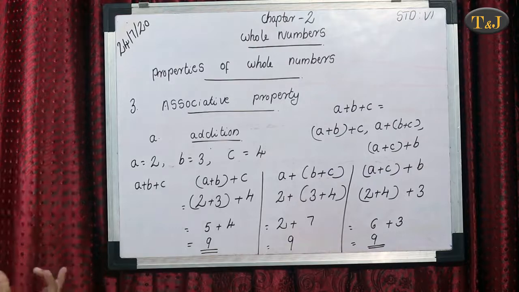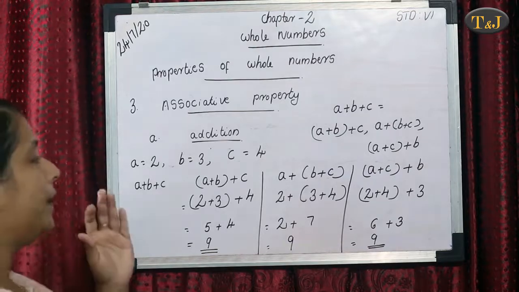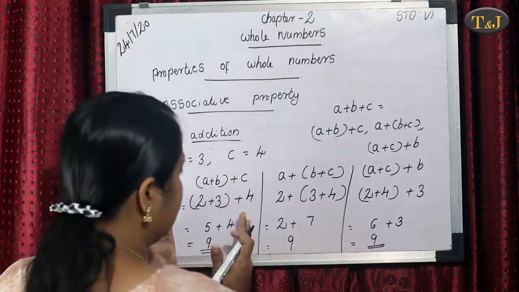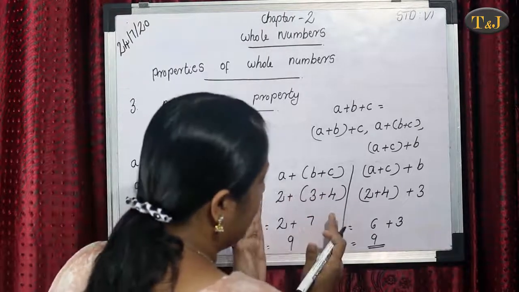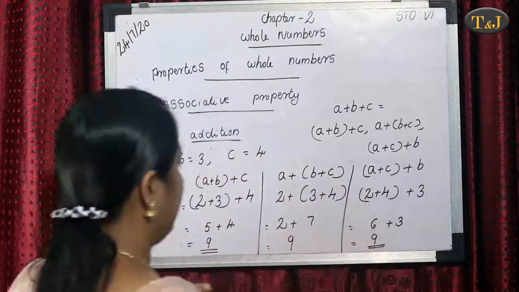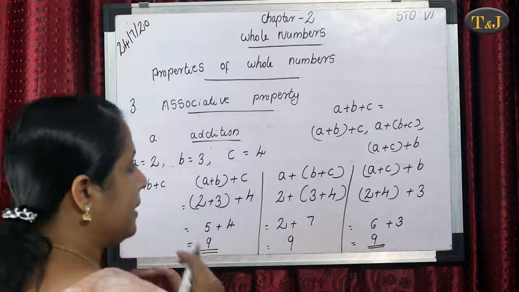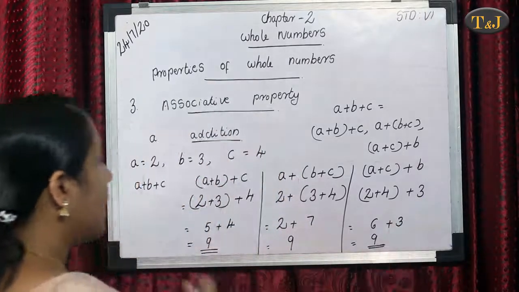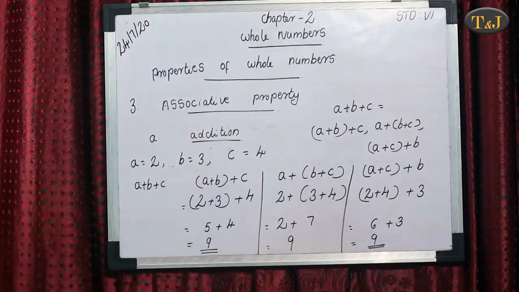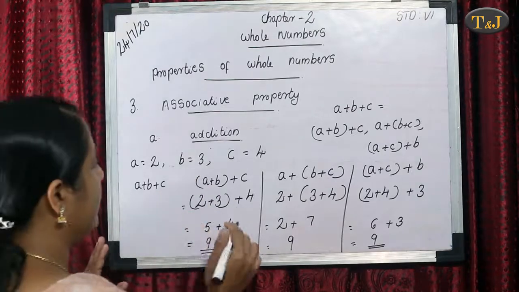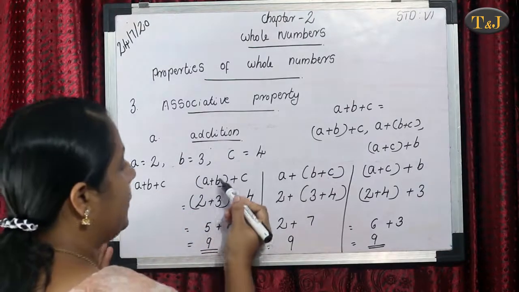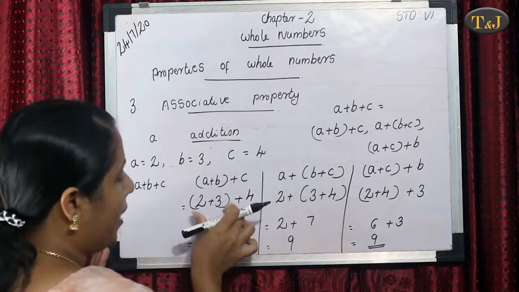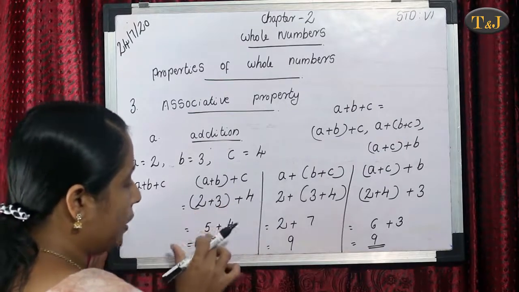First we take the value A as 2, B as 3, C as 4. We do three methods. First A plus B grouped, here B plus C grouped and here A plus C grouped. And here taking C as a single number, here taking A as a single number, here taking B as a single number. Then we substitute these values. In the first section we substitute A as 2, B as 3. Then 2 plus 3 grouped, that means in a bracket. First we add 2 plus 3. 2 plus 3 equals 5.